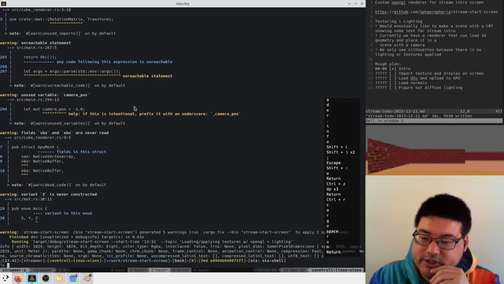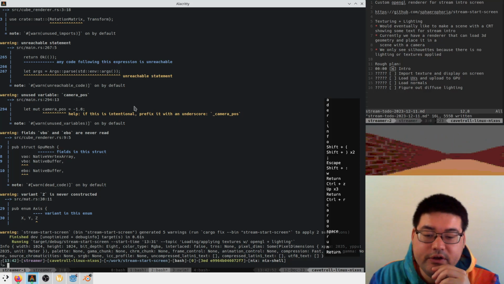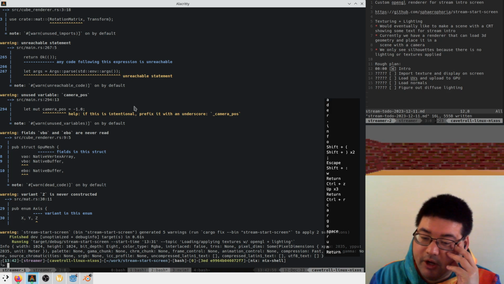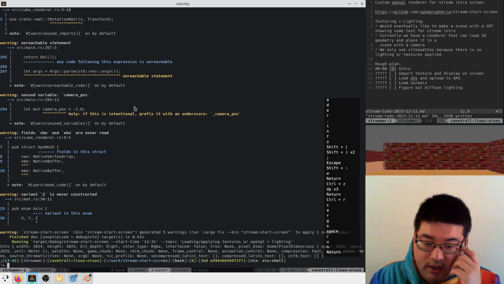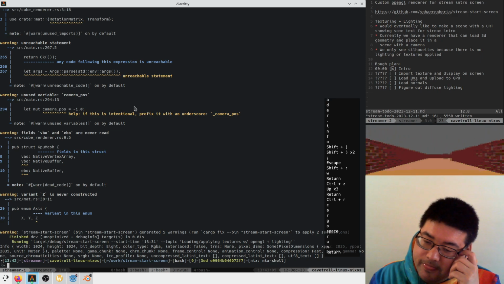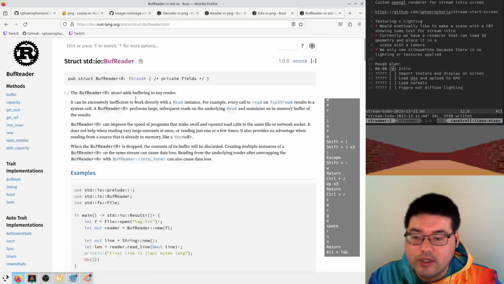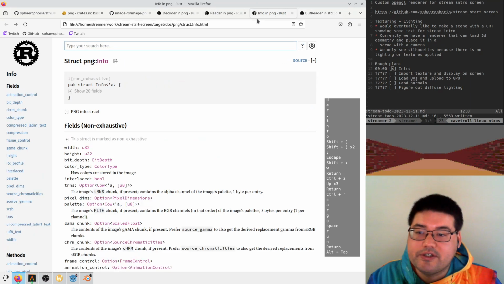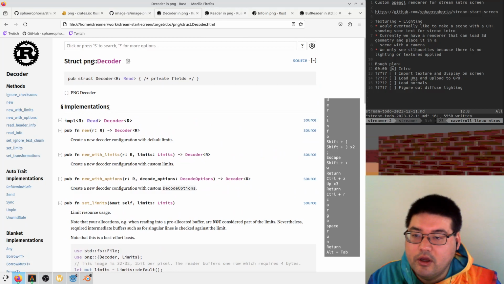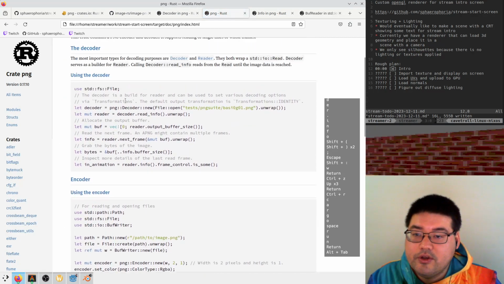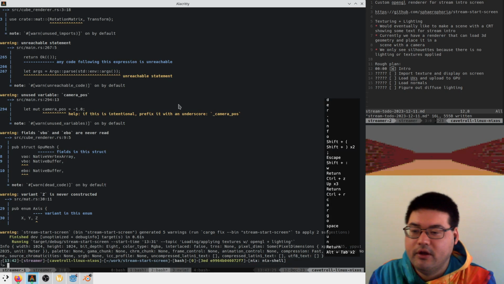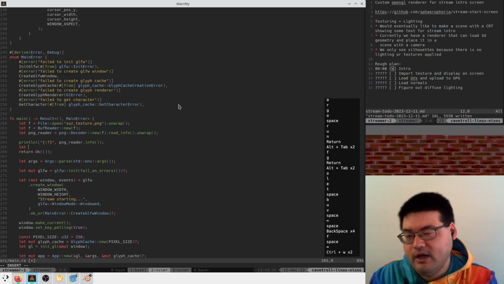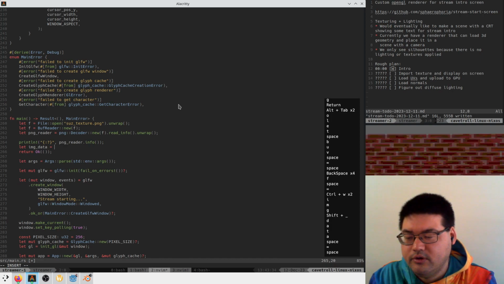So we see that we have a 1024 by 1024 texture with 8-bit color depth with alpha in there. So this should be enough. If we pull the data, stick it in an array of bytes that is the right size, and then upload that to the GPU, that should be pretty straightforward and easy. So let's do that. We can go back to their little demo, wherever that was. Here. So here they get the output buffer size. Nice. Okay. So we can say let image data is equal to vec